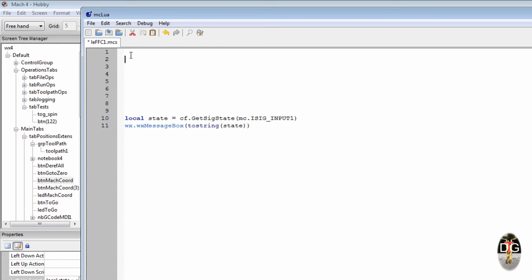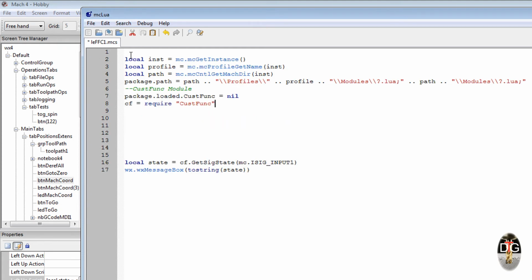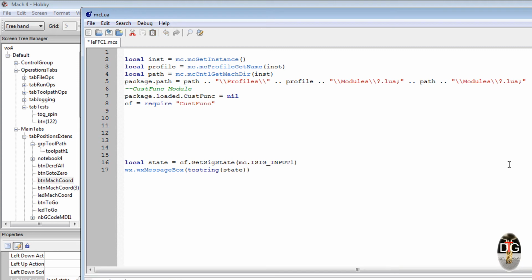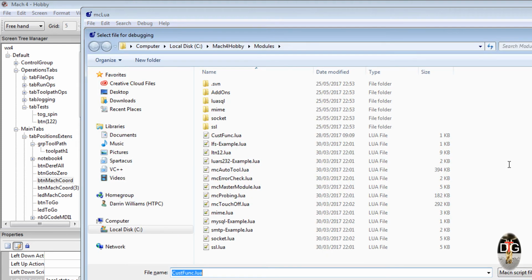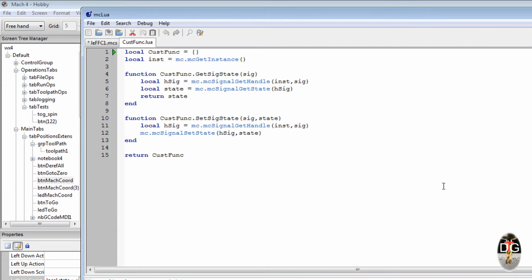So that will become that. We need our instance, the directory path for it to search for, and of course the CF require. Now, what this will do, when we go into debug mode by pressing F5, it will load our package into the debugger. If we click open here, you'll notice it's now debugging